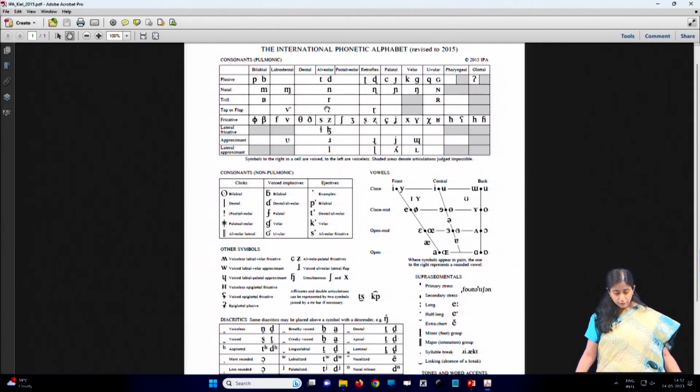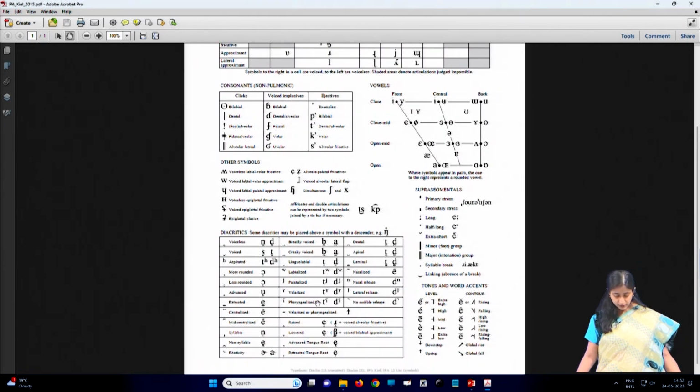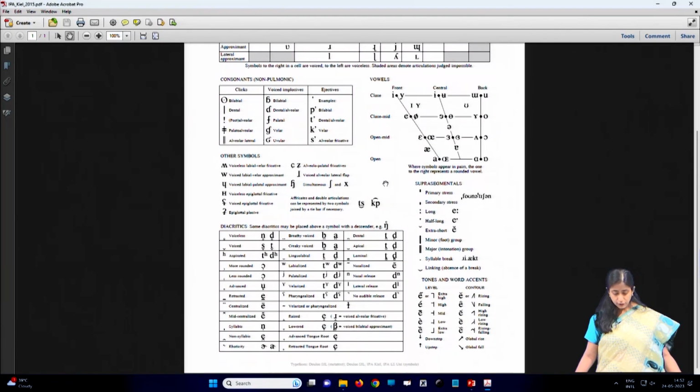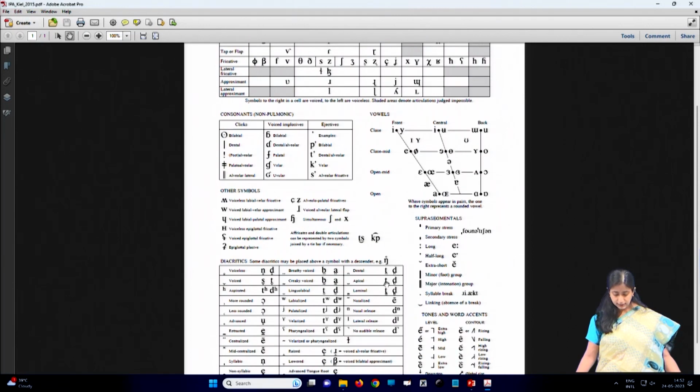When you talk about alveolar, you see t, d, but in many of the Indian languages we do not have alveolar sounds. What we have is dental, but we do not have a symbol for dental. What do we do? We use diacritics. So, we use this t symbol, but we use a small tooth-like symbol as a diacritic. We mark it below the t written. So, that shows that this is dental t, this is not alveolar t.